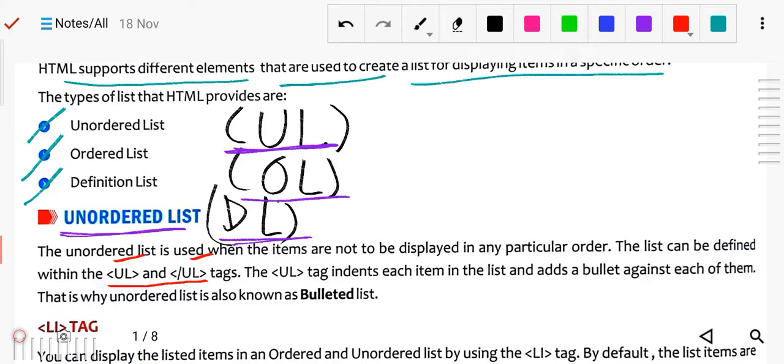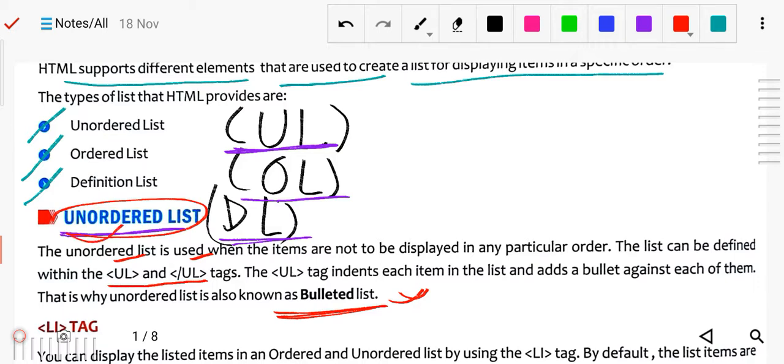The UL tag indents each item in the list and adds a bullet against each of them. That is why the unordered list is also known as the bulleted list. Got it?